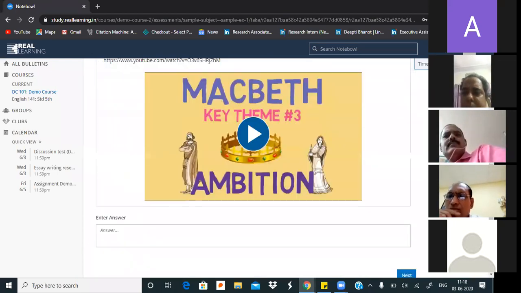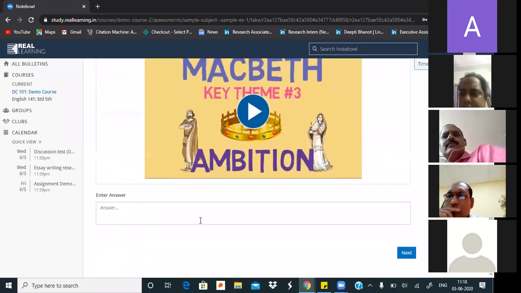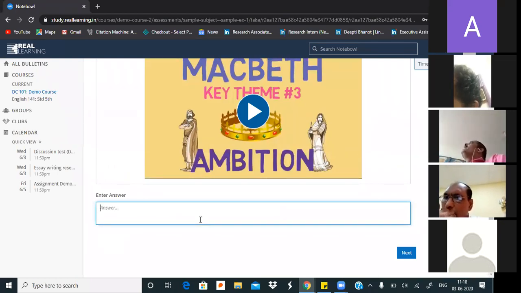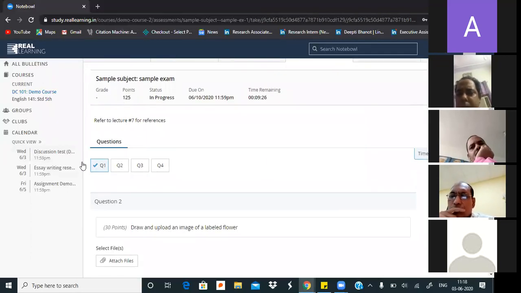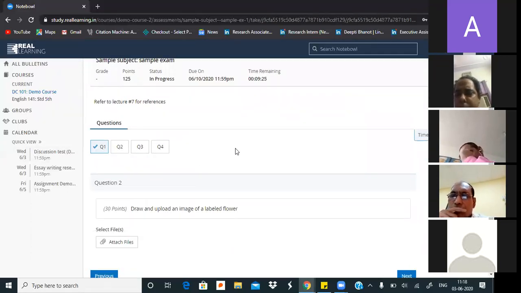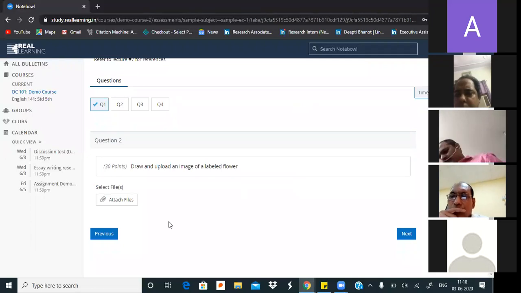I will look at the question. Again, these are all the questions that we had put. As a teacher, I made sure that students get to see the questions one by one, one for each page. This makes it difficult for students to copy the questions and contact one another for copying. This is a great option. I will answer as a student. There's a tracker that tells me all the questions that I have attempted. This is a great way to keep track of it.